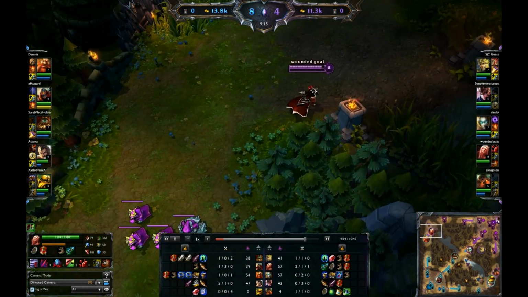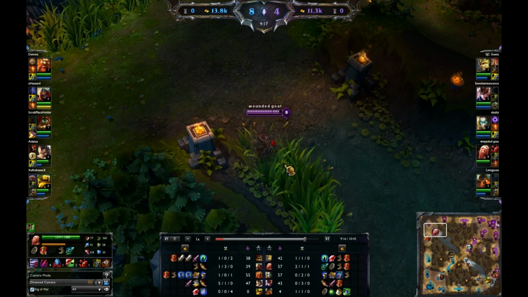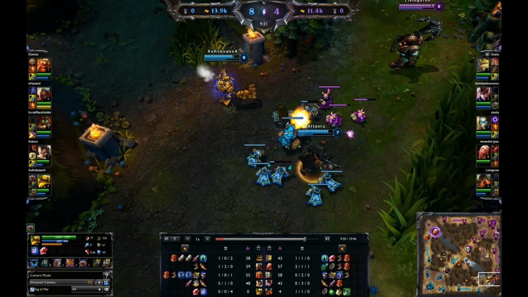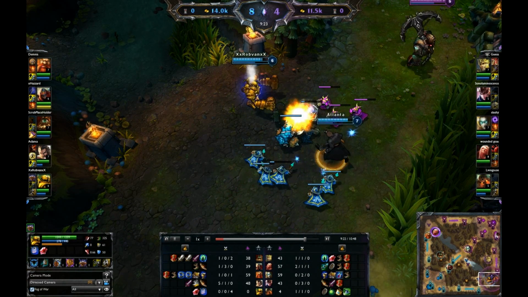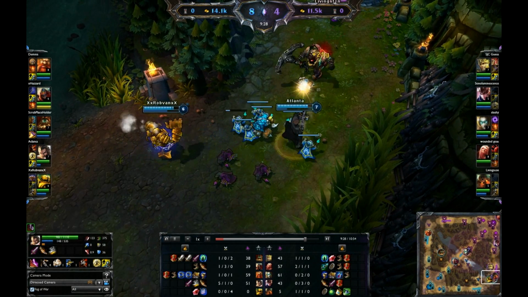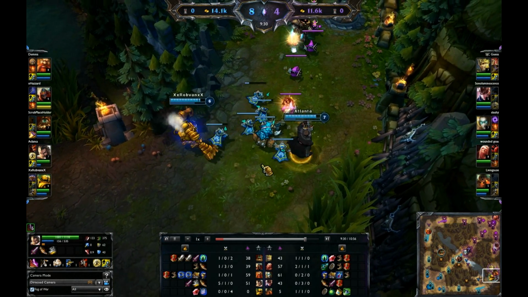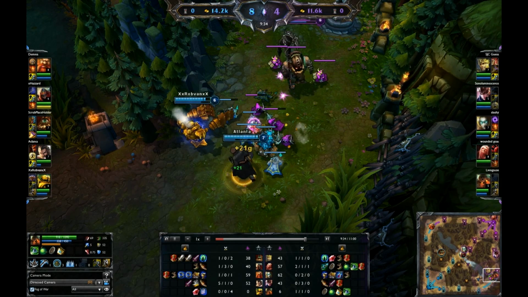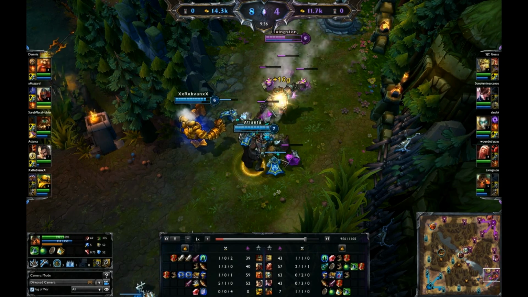So, Gragas looks like he decided to do a lane swap with Vladimir, Zed deciding to dance with the Vladimir, because Vladimir was starting to come ahead of that Zed quite a bit. He is almost 20 CS over this Zed. Not to mention the kills. He's like 2 kills. Oh, I guess it's only 1 kill over the Vlad, but...